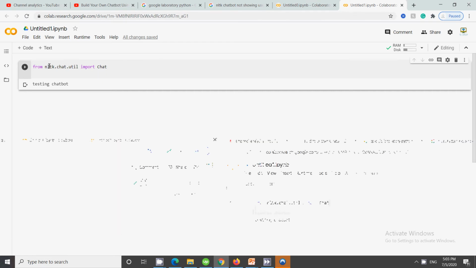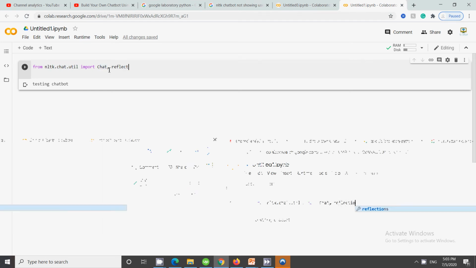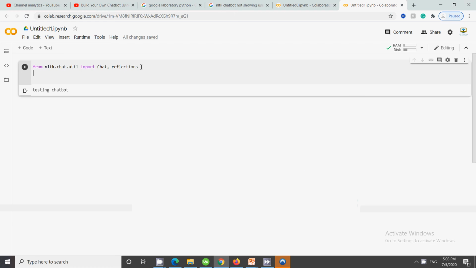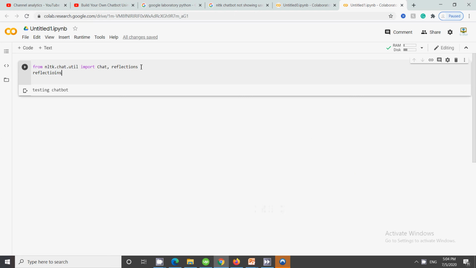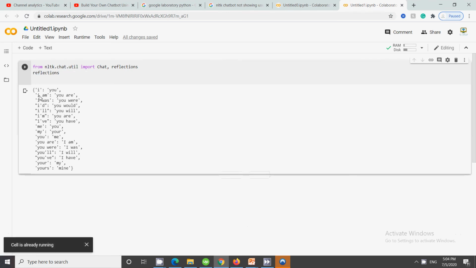In order to create your chatbot, you need chat and reflections. If you want to see what is stored in the reflections, you just need to write reflections and execute this. You will see that reflections will give you what all responses will be there.